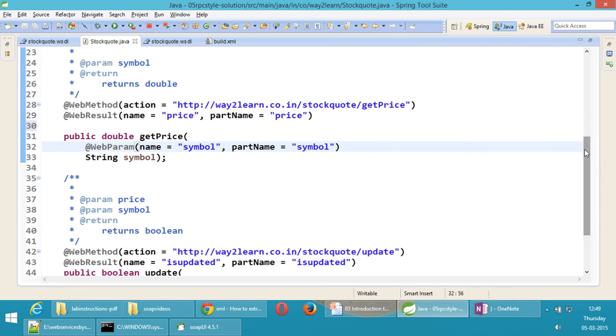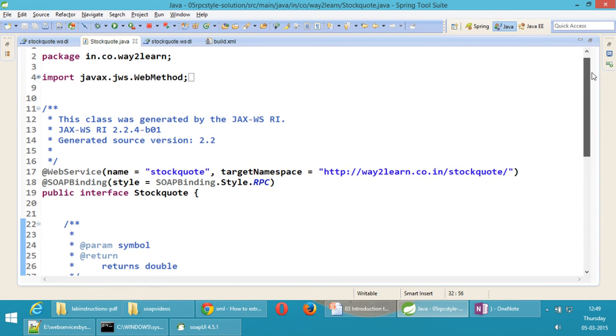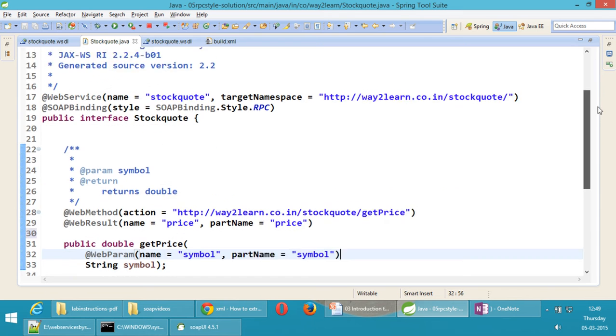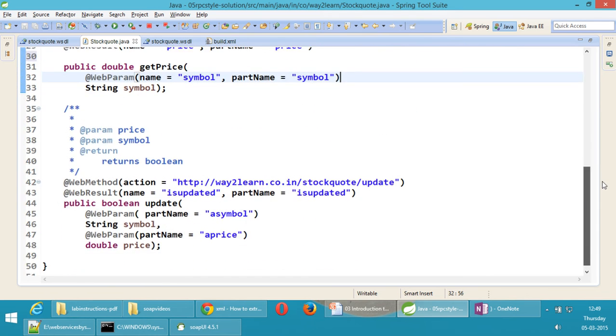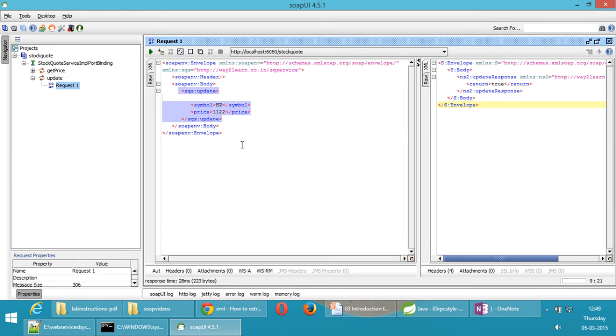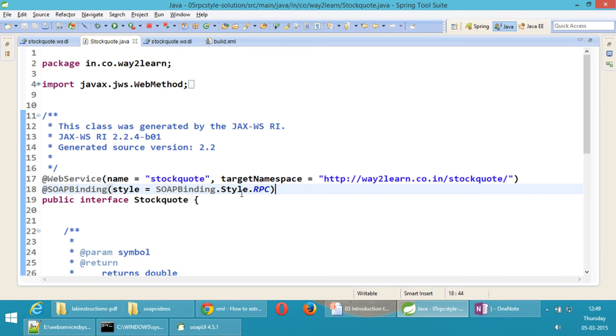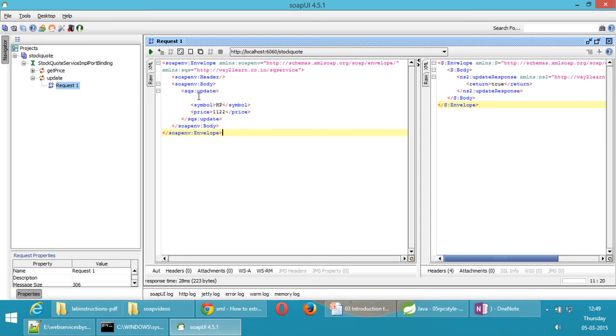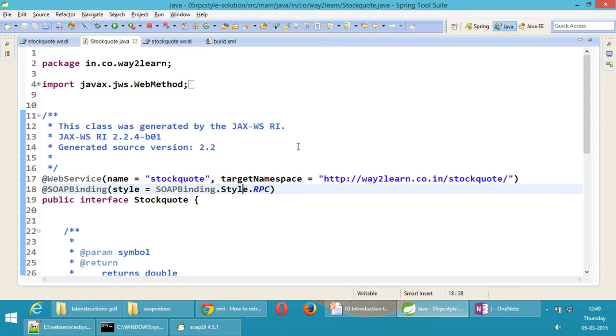Now this is RPC style web service. While implementing, you don't see any differences. Only the annotations will change. When the client is sending a request, the XML also will look similar to this. Only thing is the way it looks like is different. We treat that this tag name identifies a method name in case of RPC style, and the RPC style does not have a schema defined.